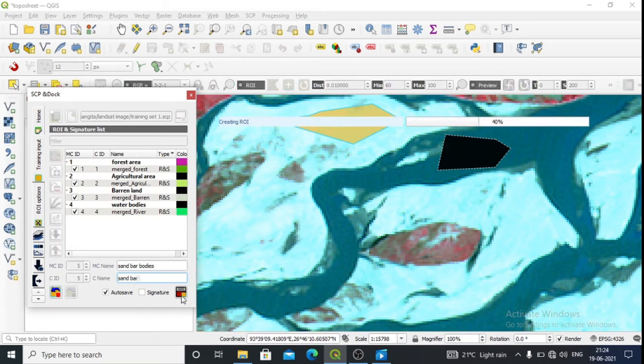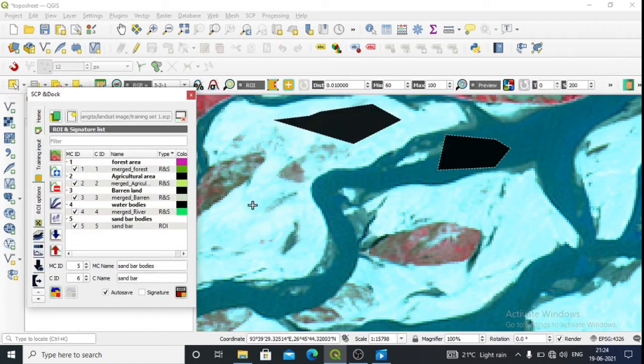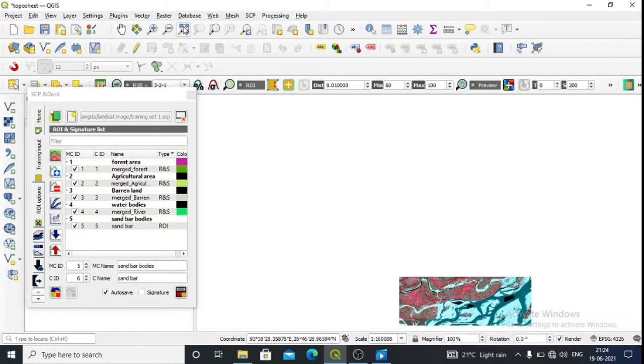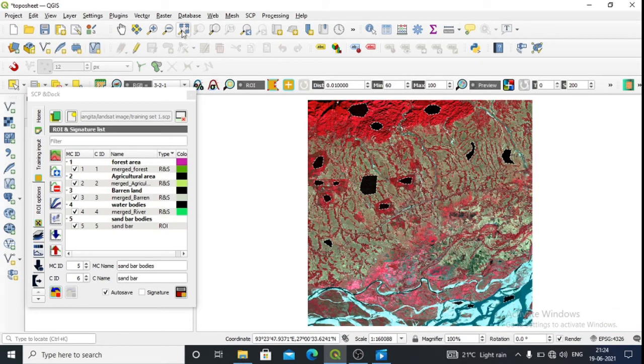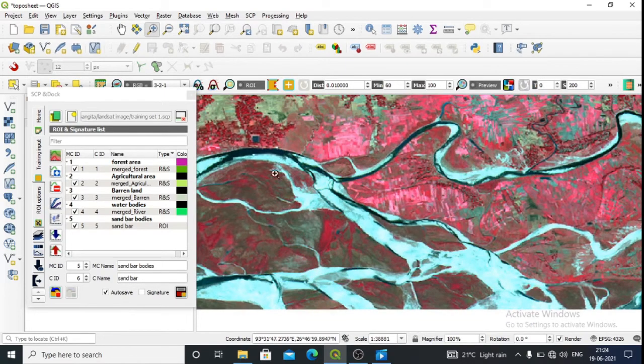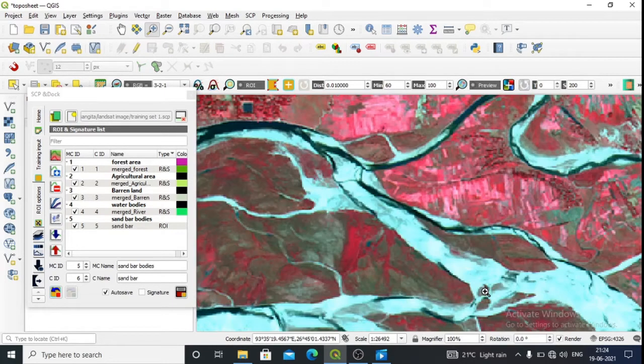Then click on save. Similarly, let us give it here. These are the sandbar.